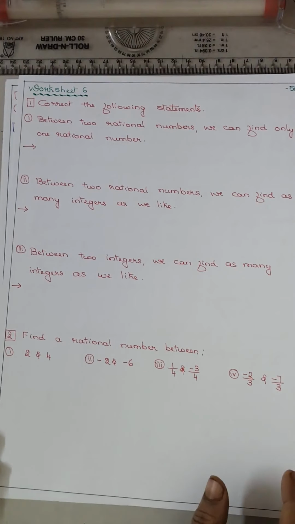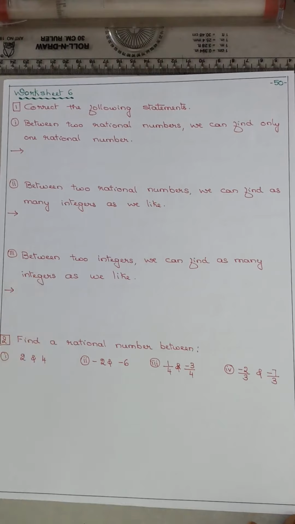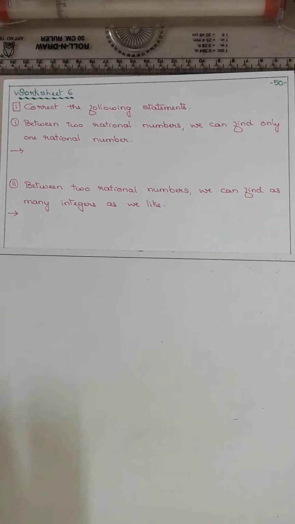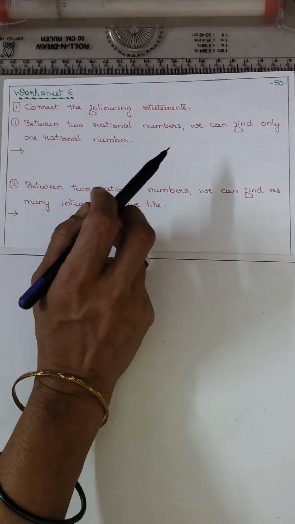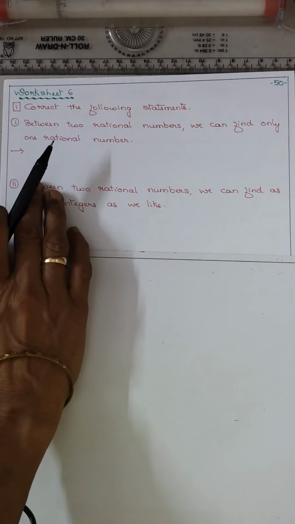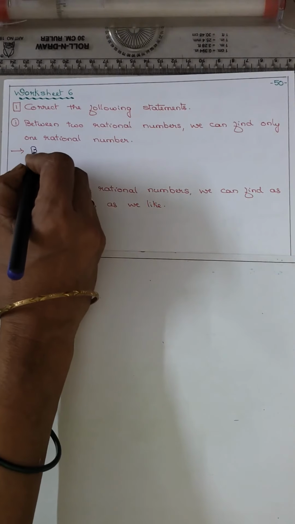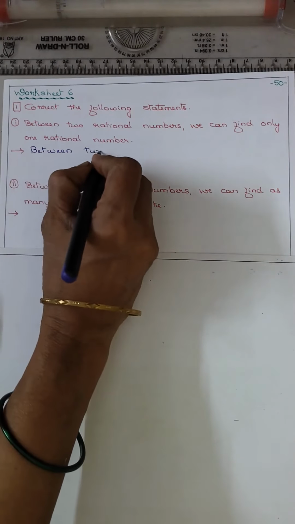Now coming to the last worksheet, that is worksheet 6. So first, correct the following statements. The question is, between two rational numbers, we can find only one rational number. Can you find only one rational number? No. So, between two rational numbers,